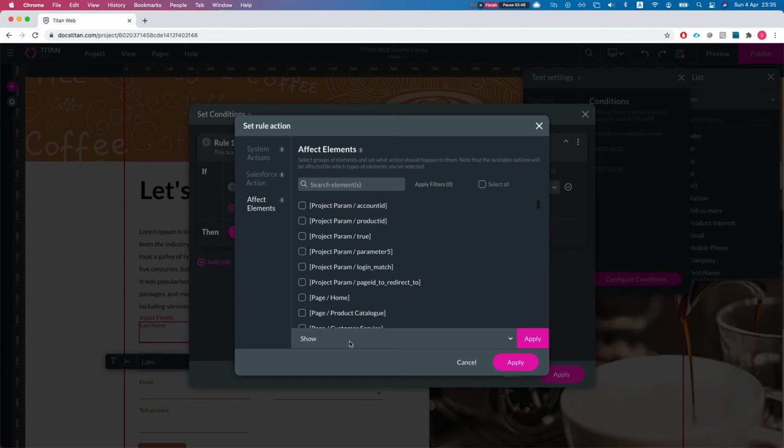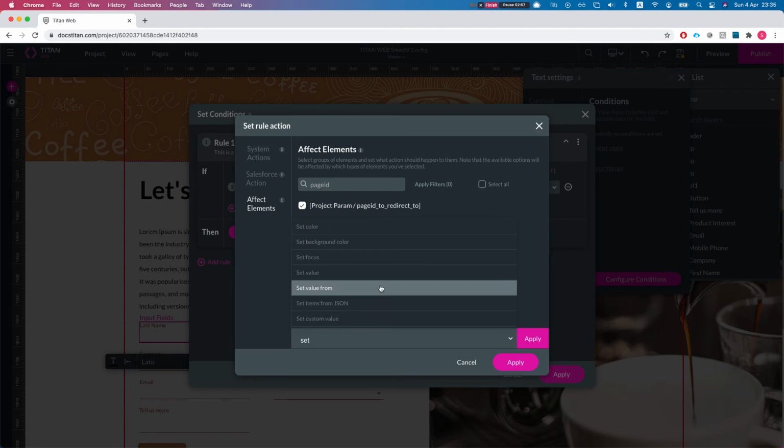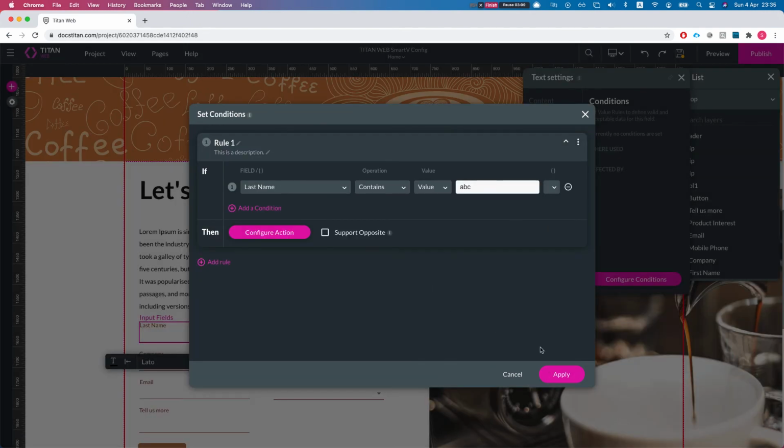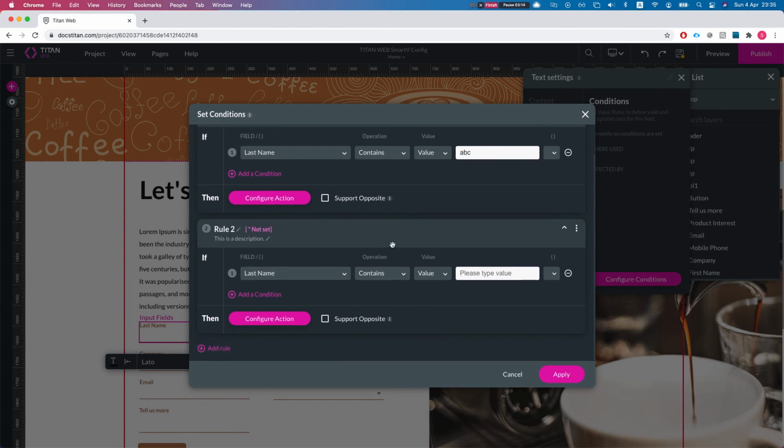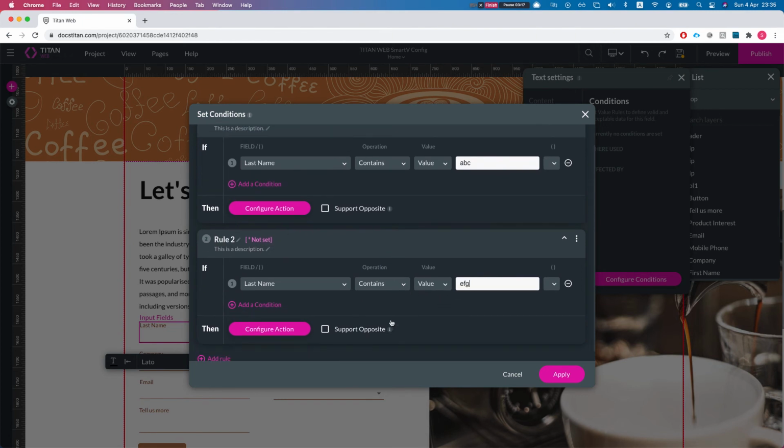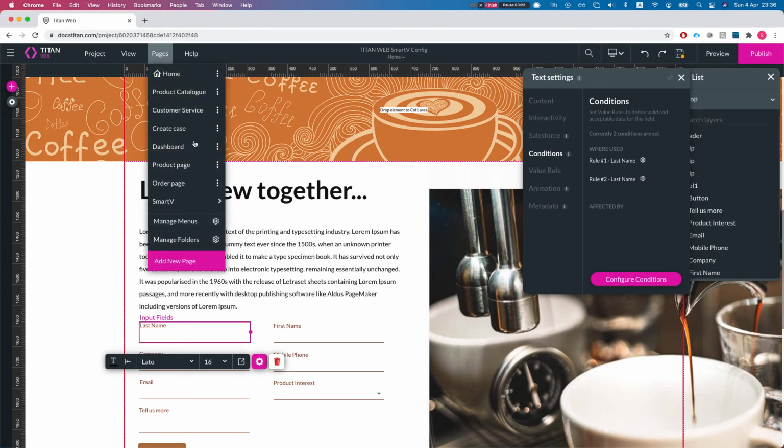let's do effect element, and we'll find the page ID to redirect to, and I'll select it, and I'll say set value, and I'll put in our page ID for the product catalog. I'll hit apply, and that's great. Now we can add another rule saying if it contains EFG, then I want it to redirect somewhere else. And let's just hit apply and grab, let's say,